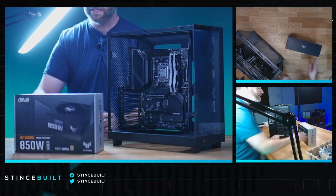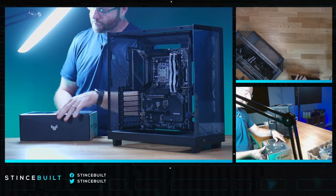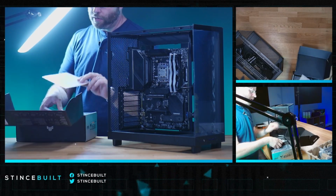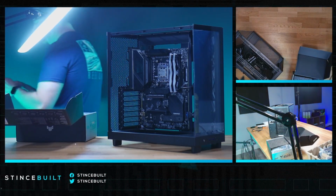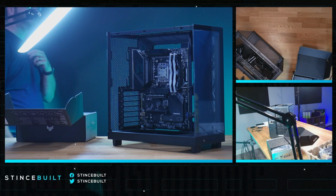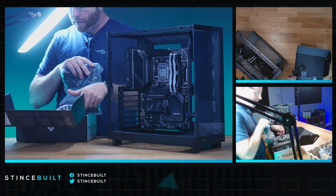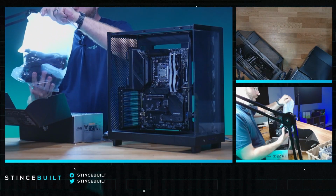Power supply today, Asus Tough 850, amazing power supplies from Asus. We love these. 10-year warranty, really good quality, really good capacitors. Everything we want in a power supply. On top of that, they have the cables that are just absolutely stunning. They include...